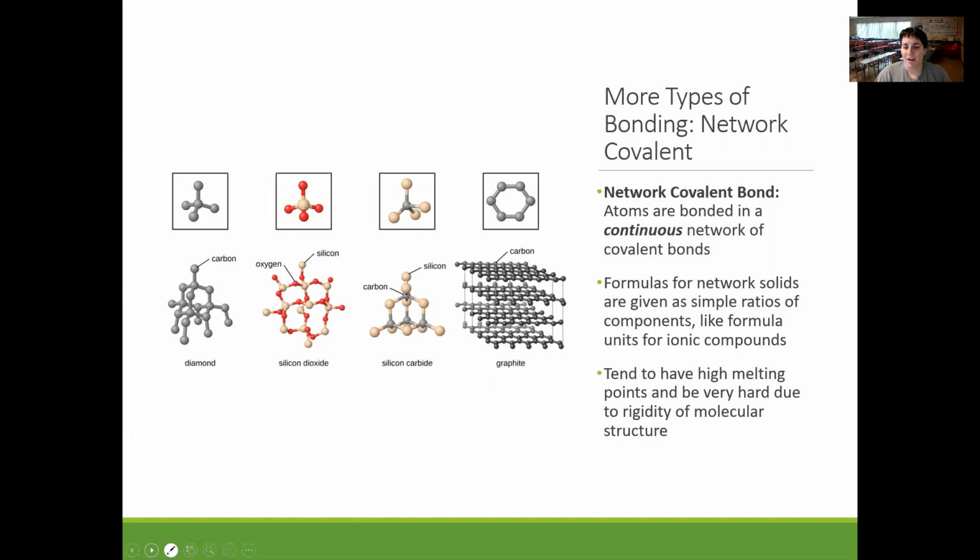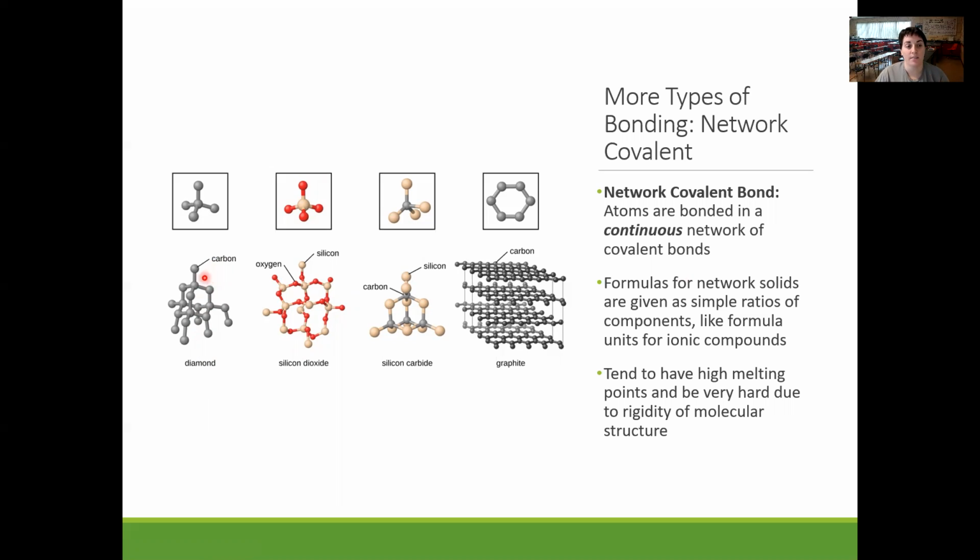There's also something called network covalent bonds. A network covalent bond is when atoms are bonded in a continuous network of covalent bonds. Basically, that means you can't tell where one covalent molecule ends and the other begins. They're all kind of interconnected. So there are some really popular network covalent compounds you're probably familiar with. One is diamond. So diamond is an example of a network covalent